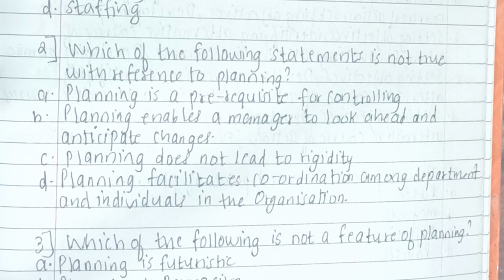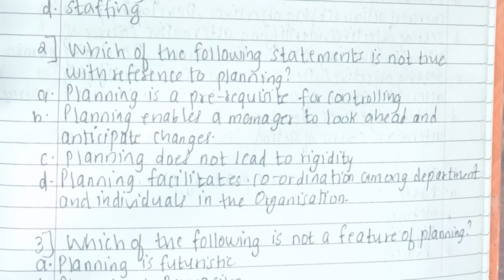This needs consideration, because planning does lead to rigidity. As I said earlier, you plan for the future, but there is no assurance that things will turn out the way you want. In an organization a plan is drawn so that you achieve a particular goal. This plan decides the future course of action, and the manager may not be in a position to change it. This kind of rigidity in a plan creates difficulty.